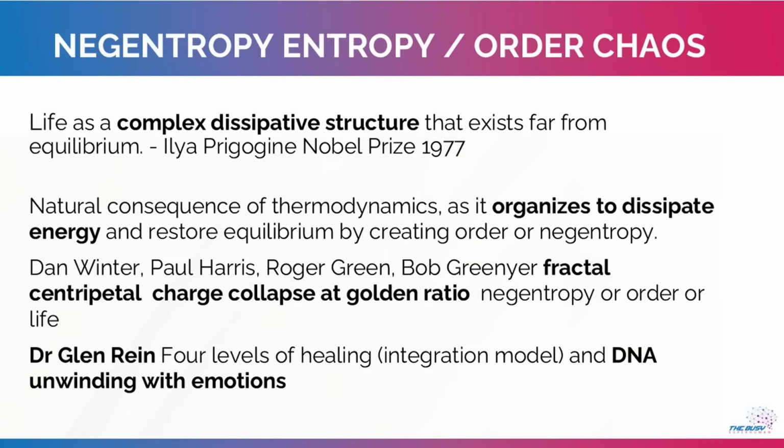And then these ideas of creating order and dissipative structures, it's one of the ways in which we can start to look at adaptation or evolution on a more physics level, sort of separate from the genome. As I mentioned, Dan Winter also talks about negentropy and how this is moving towards order and complexity. But he talks about it more in the sense of charge collapse or charge compression, and it's connected with fractal geometry. And he also talks a lot more about how the golden ratio is vital, or compression at golden ratio is very negentropic and is important for life.